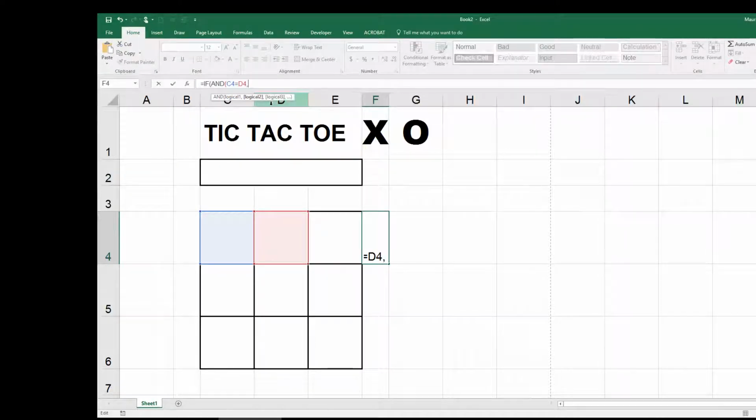comma, D4 equals E4, okay, like that, comma, that means that if all of those are equal, that's fine. However, there is another situation where they're all blank, which would make them all equal, and we want to exclude that. So that's where we use the OR statement, which is OR, and that is C4 equals this here, this one here, so if it's equal to an X, and that's just an F4 because it always refers to that,